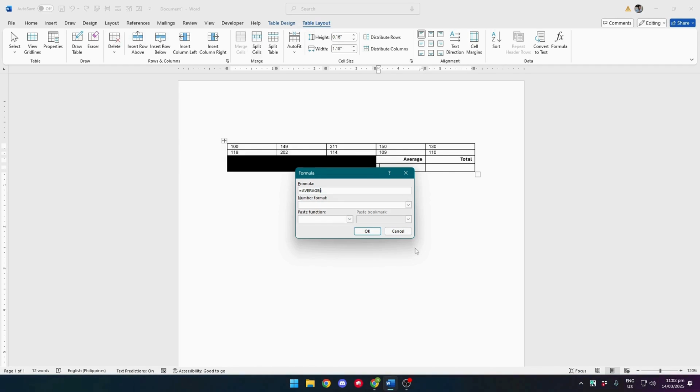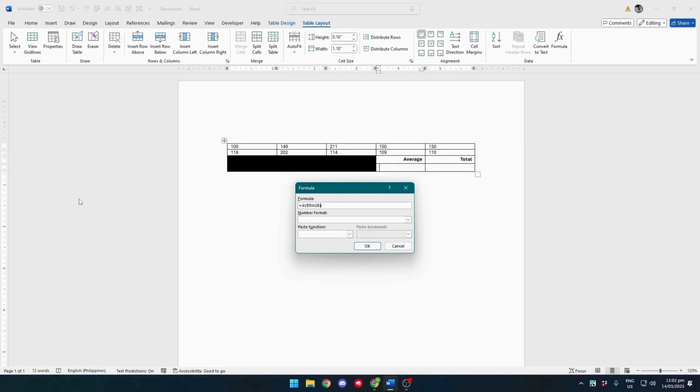Now, just like Microsoft Excel, imagine that you have to label these cells such that this would be A1, this would be B1, C1, D1, and E1. And here, for the rows, they would be the numbers. So while this is A, B, C, D, E, this would be 1, 2, 3, 4, and so on. So let's say that we want to find the average of these numbers right here. So that would be the average of A1, A2,